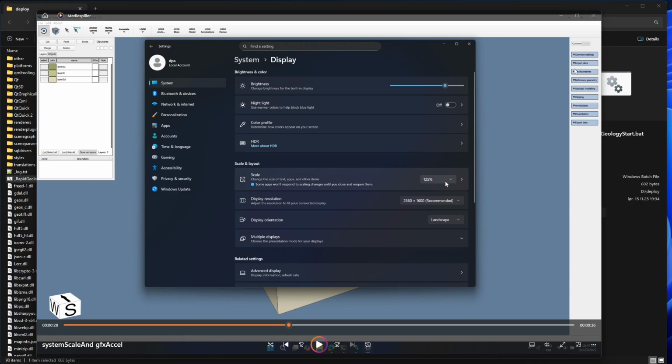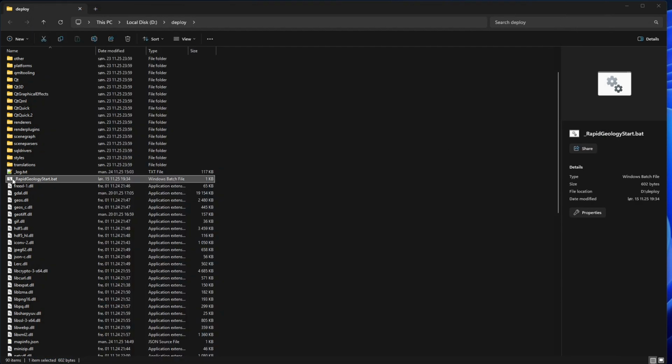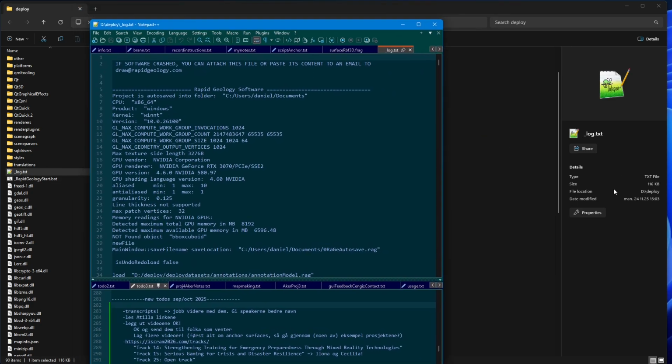The last thing I want to show you is that when you start the application, it starts writing in this file here called log. It clears it and it starts writing in it. And if the application crashes, the log file will automatically pop up like this. And as it says here in the top, if it crashed, just take this text, send it to this email, or attach the log text file and send it